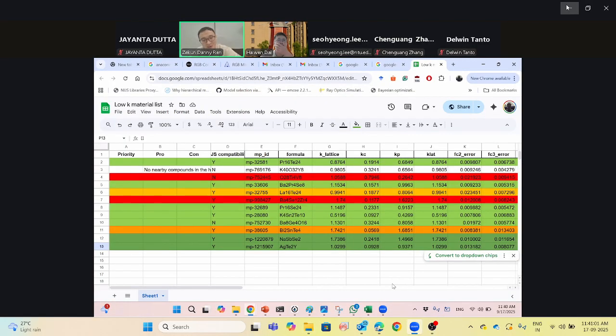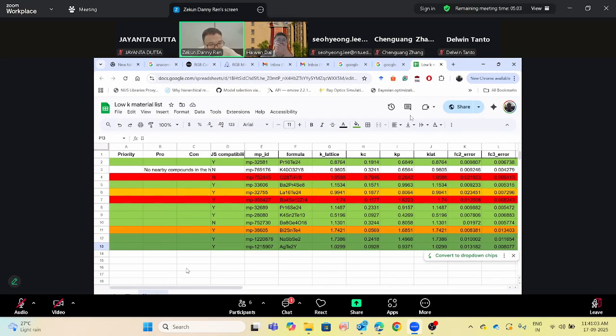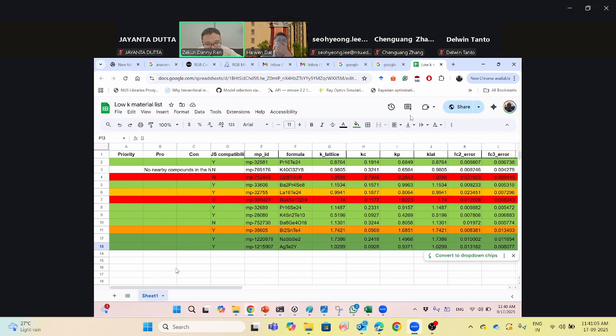I think what we can do is make a sort of voting. You guys can access this sheet now, right? Everyone makes a vote of what you want to synthesize, and because we can't synthesize everything, we see which compounds have the highest score, and then we converge onto one or two compounds.